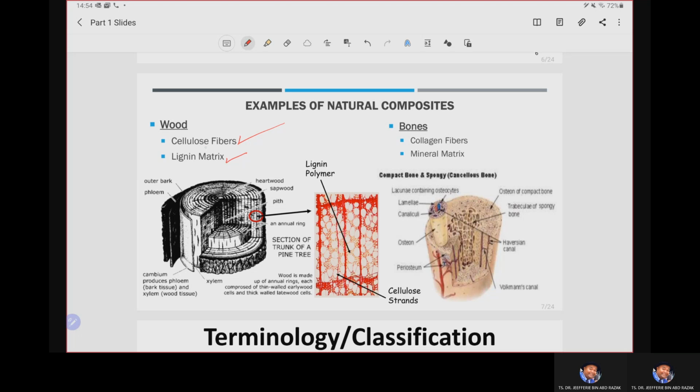Your bone in your body, all right, is built from soft protein collagen fibers and hard hydroxyapatite mineral as a matrix. So look at here, so beautiful the architecture of composites in our surroundings as the natural composites available in nature. Okay, so next,